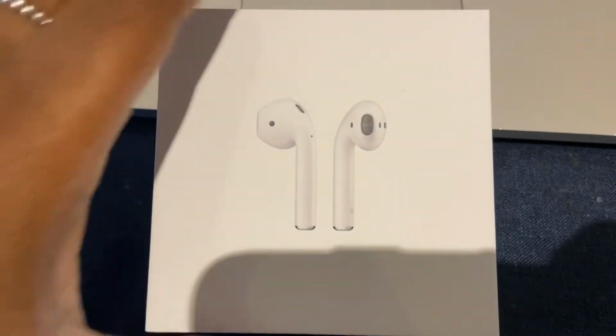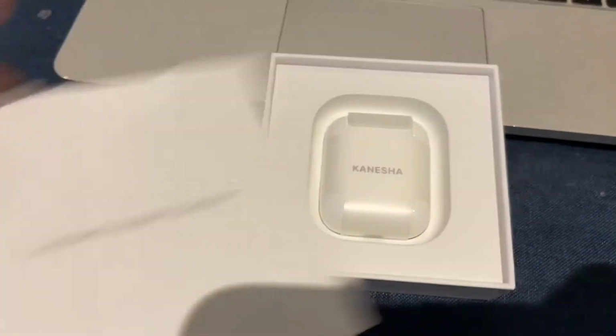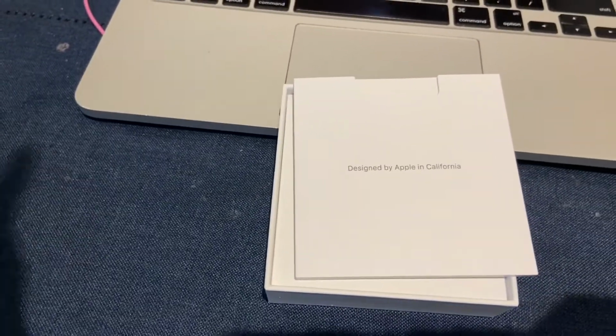So right off the bat, there's the little packaging. Oh my god, it really is engraved. This is Kenisha. Okay, let me turn the camera around so you can see. Okay, so right off the bat, guys, this is what the case looks like. Then you open it, and then we have the little designed by Apple California. Oh, my hands is ashy. Just ignore that. Anyways,